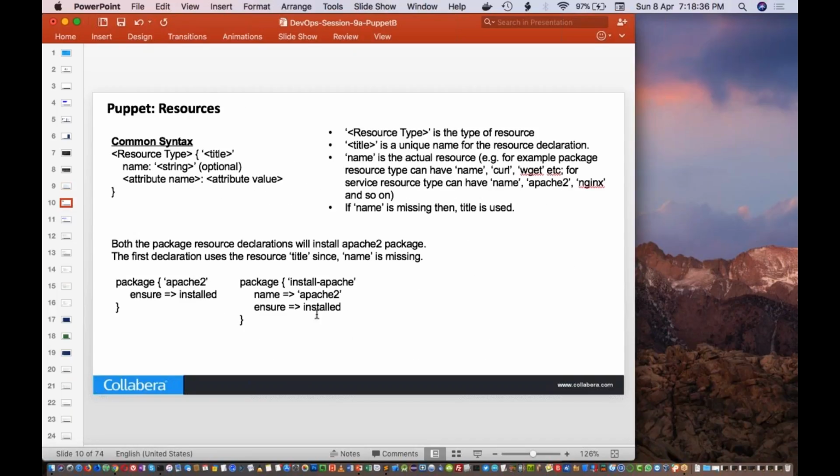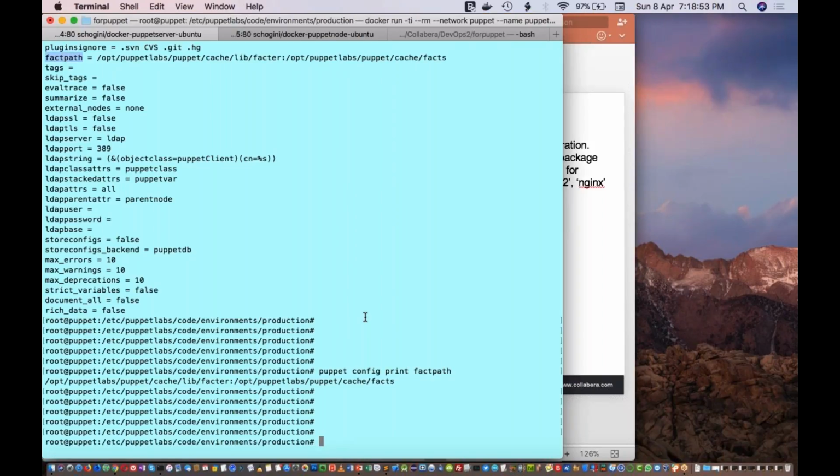Okay, now coming to Puppet resources. Before that, Khadi is asking what is fact path. Khadi, I already explained what fact path is. Fact path is just a configuration variable in Puppet. So see, this is a fact path. If you want to get the value of that particular configuration variable, then you can execute this one, and it will give you that value. What it does is it will have the details and information that is provided by the factor. So it will have the facts, it will have the details regarding your nodes.